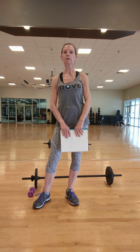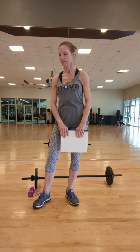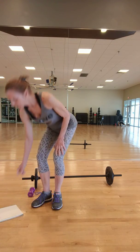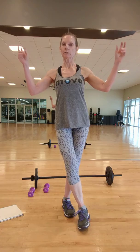Anyway, now I'm going to move on to demonstrate to you the Arnold. This is an exercise that Arnold developed way back when he was young,